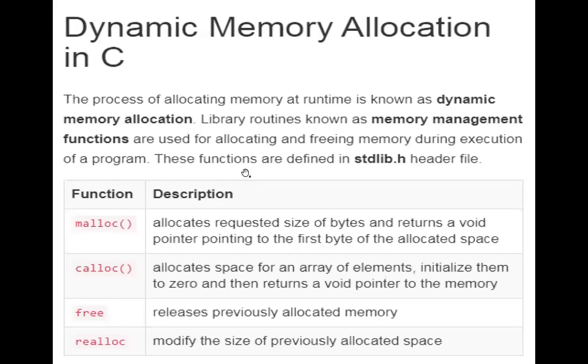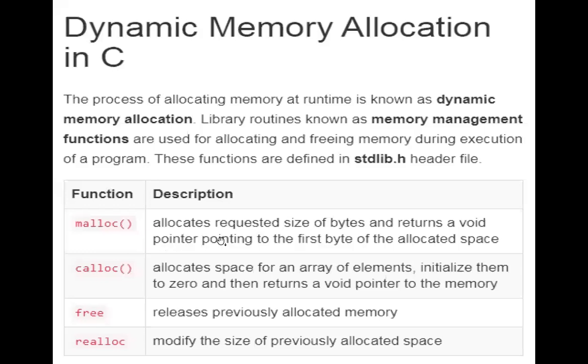the program. All these memory functions will be present in the stdlib.h header file, and you are going to have 4 functions. One is malloc, calloc, realloc. These 3 are for allocation, and the last one, free, is for deallocation. You can allocate the memory by using malloc, calloc, and realloc, and you can deallocate the memory by using free. All these 4 functions will be present in stdlib.h. We'll be seeing these 4 functions one by one.